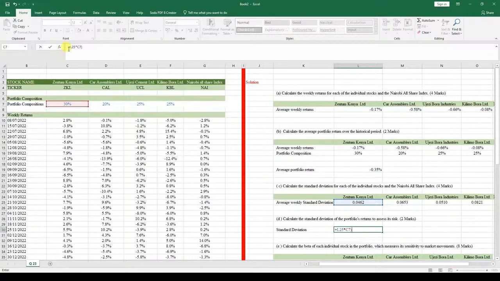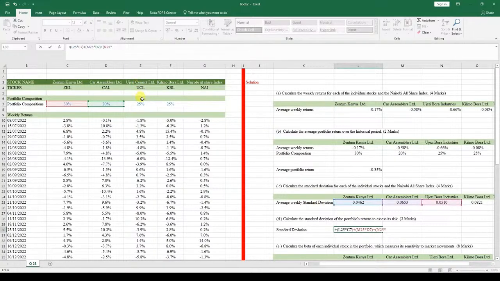So we close the bracket and we open another one over here so that it can actually pick the values the way we want them. Then we add the standard deviation over here. I forgot to open the brackets, so we open it right above over here. You can see it on the formula bar here, so we open the brackets there, and then we multiply that with car assemblers' corresponding portfolio composition weight. We open the brackets, we pick Ujenzi Bora standard deviation, weekly standard deviation,